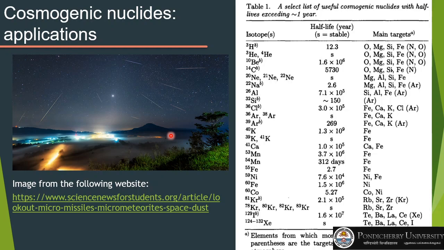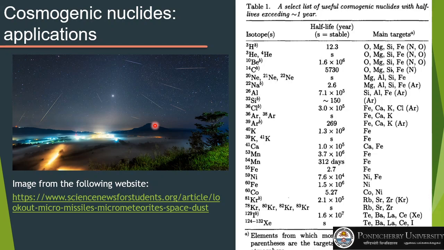they actually receive much higher flux of cosmic rays, because they are not shielded by the atmosphere. So on the surface of the earth, by the time the cosmic rays reach there, their flux is already reduced. But the meteorites, what happens is, generally a meteorite becomes a meteorite, or it starts orbiting in a random way, I would say, in the solar system, when it is broken away from its parent body.